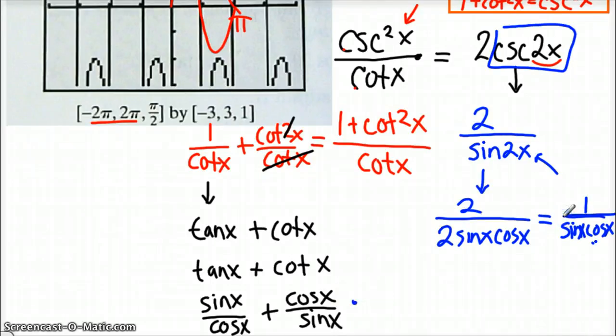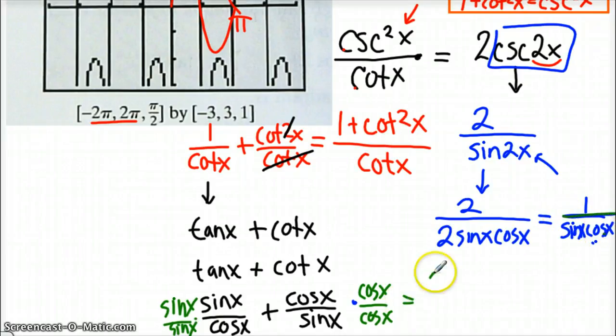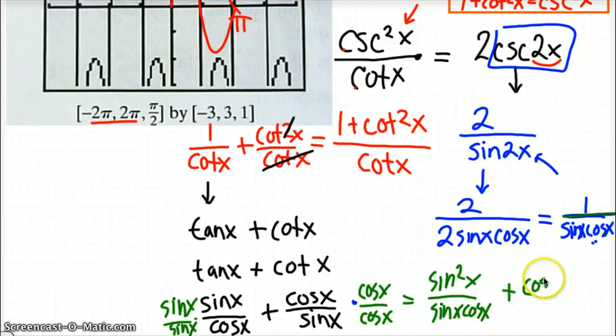It looks like I'm going to need common denominators, so I'm going to multiply the top and bottom by something to get the same denominator. The second fraction needs cosine in the denominator. The first one needs sine. I also like this because I see my denominator appearing the same as the denominator over here. So I'm going to get sine squared of x over sine of x cosine of x